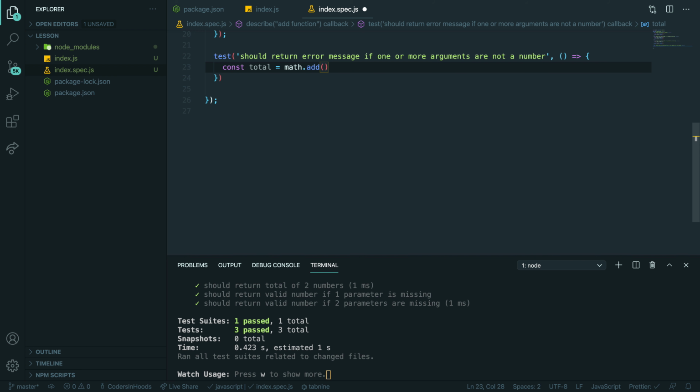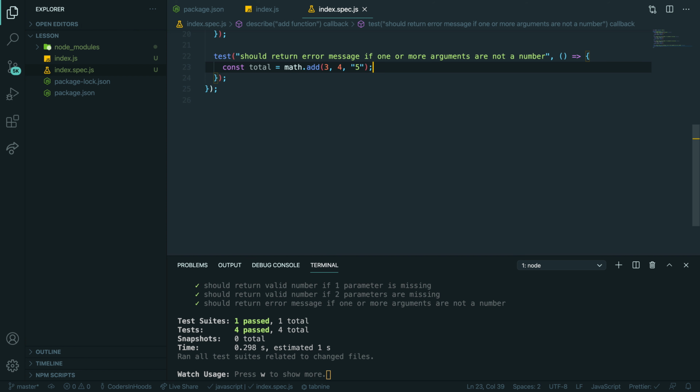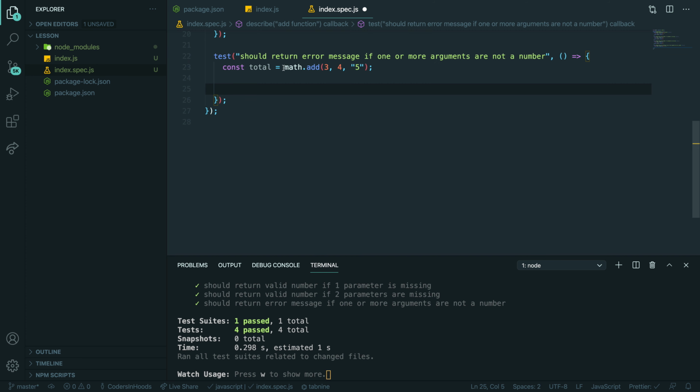So I will call it with 3, 5, 4, and let's say 5, but as a string, right? And now I want to test, do I have a message as a response or not? The error message, this one. Yeah, so you compare the error message you get.